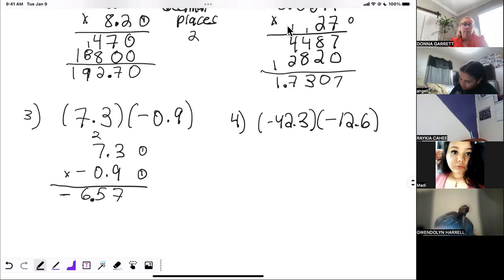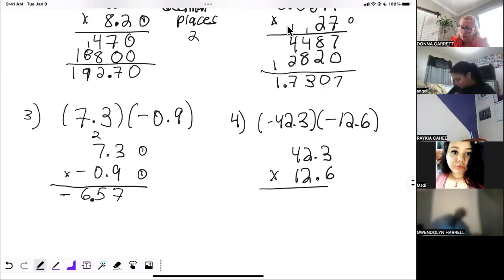Now, for this particular one, I know a negative times a negative is a positive, right? So I'm not even gonna put the negatives. 42.3, because I know the answer is positive. So don't write the negatives if you don't have to. Then I won't forget my negatives because they're gone, because the negative times negative is a positive. And now we can multiply